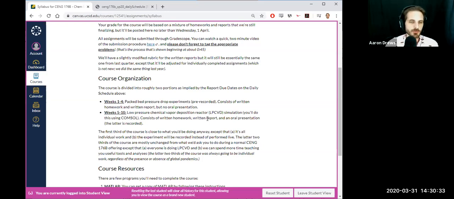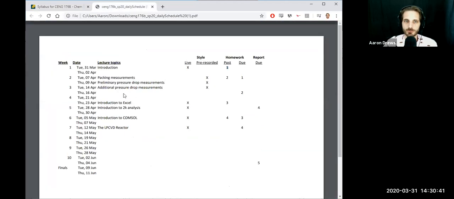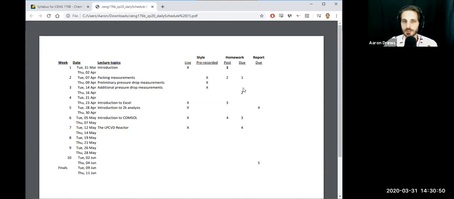So I think I've covered everything that I want to cover in terms of the way that the course is going to operate. Again, the daily schedule is going to show you roughly what pace you can expect. And then all of those due dates that are on here, just keep in mind they're 11 p.m. on the date that they're due, and all of that stuff is going to get posted on Canvas. And again, all of these lectures, whether they're live or not, they're all going to be recorded and posted on Canvas, so you can always catch them afterwards.